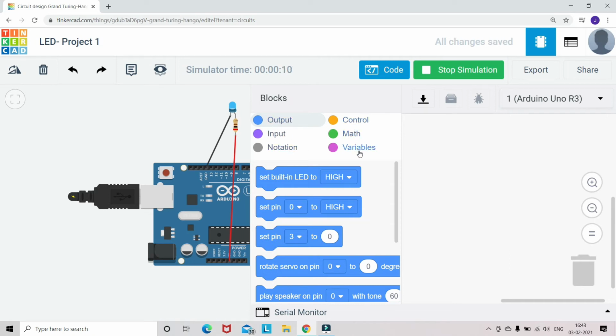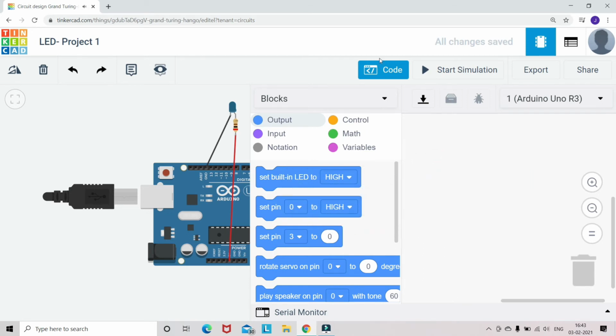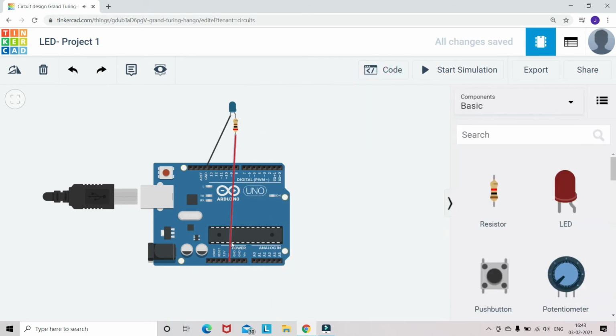The 5 volt and ground. Now, if you want to control this LED, I would like to connect this LED anode pin to any programmable pin. Then we can choose the different blocks from the given code area. You can see there are different blocks like output, control, and all. And as of now, LED is an output device, so we'll be using the output block.